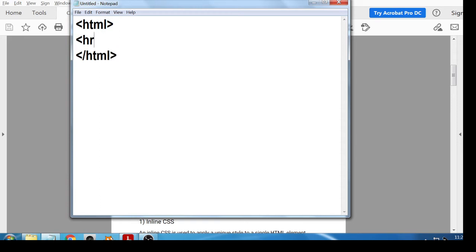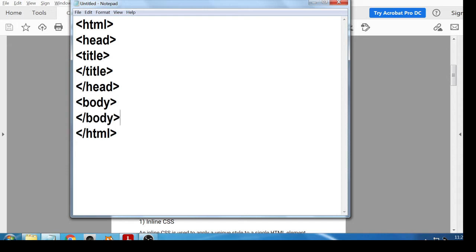Within the HTML, head open, head close. Within head there is a title, close. After head, open the body and close the body tag.